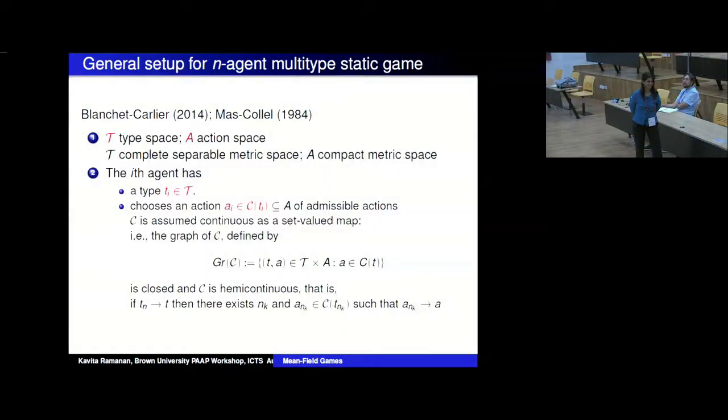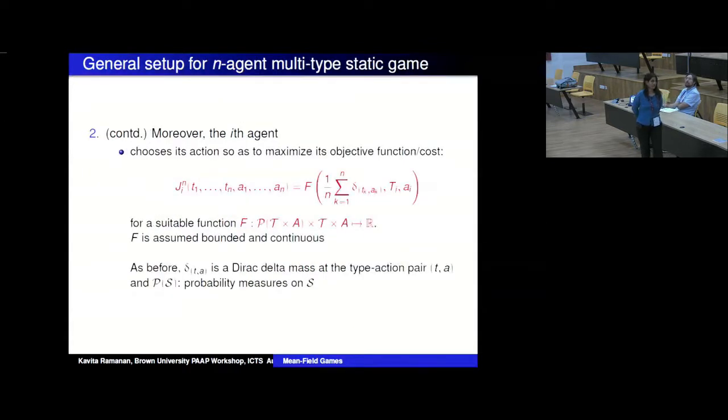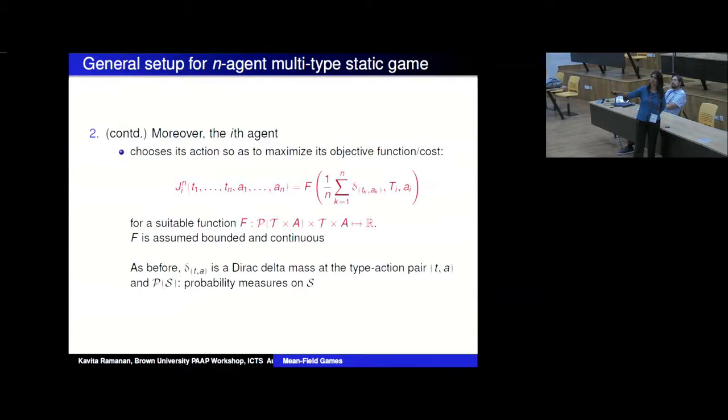But so what does nearby mean exactly? And that's what this says. Nearby sets in this following sense here. And then, of course, again, as before, the ith agent will choose its action so as to maximize its objective function. And the objective function looks the same, except now it also depends on the type. Okay? So now you have this probability,